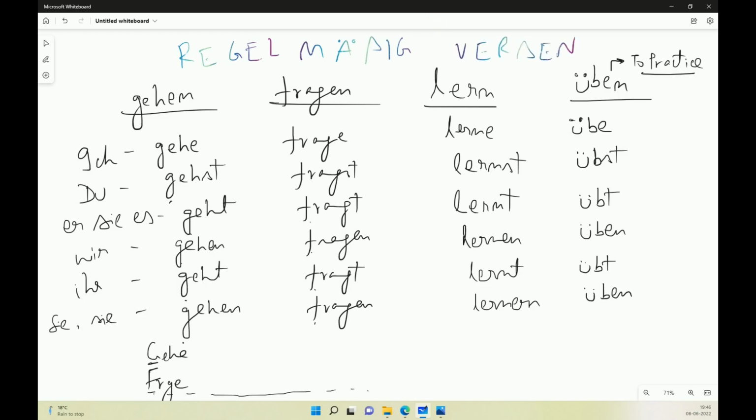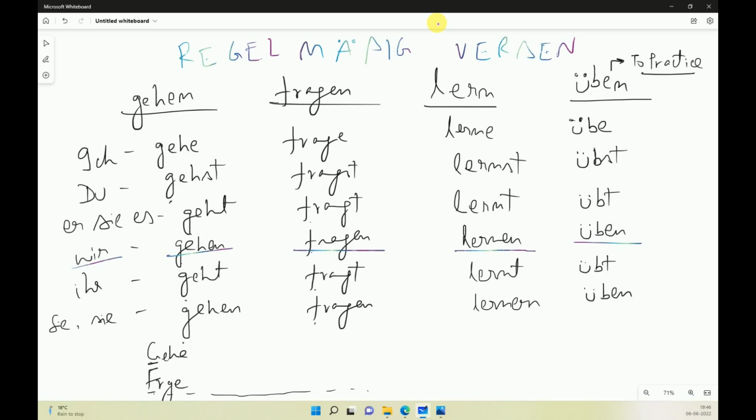That is, these are the verbs which follow a fixed rule. So, most likely you must have noticed that wir comes in the infinitive form, right? So make sure, friends, you understand the infinitive forms, because these are the forms which you will find in a dictionary. If you open any paper dictionary or an application dictionary, most likely you won't find learnst in that dictionary. What you will find is lernen.